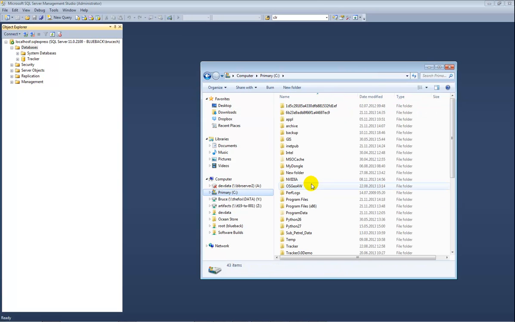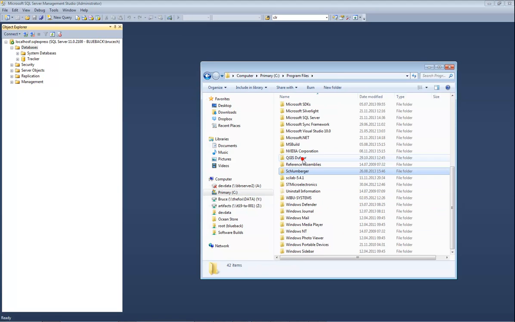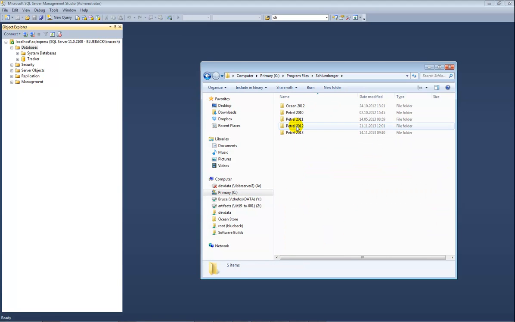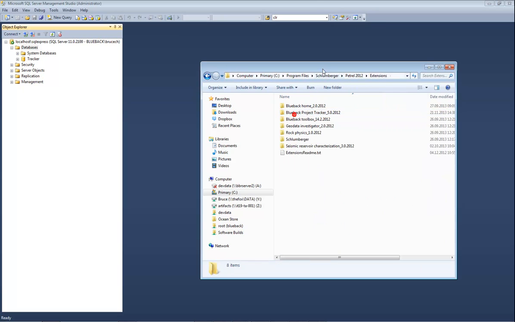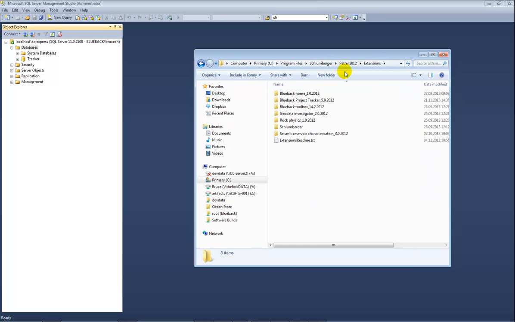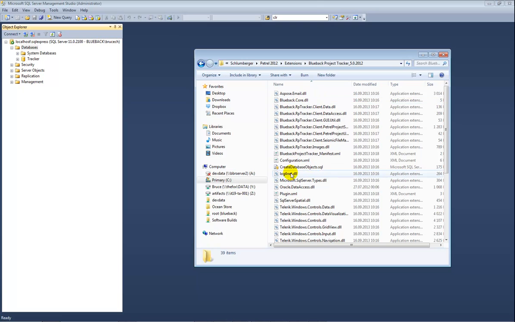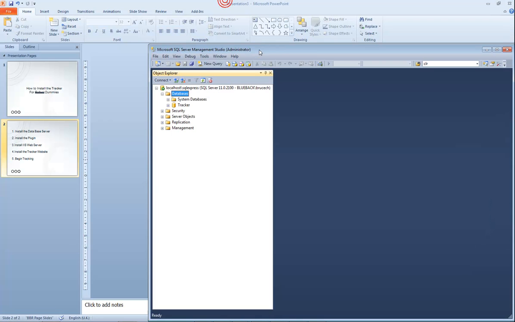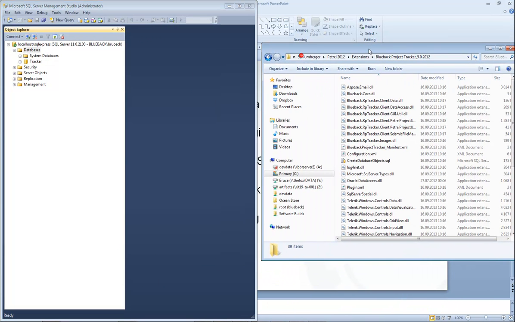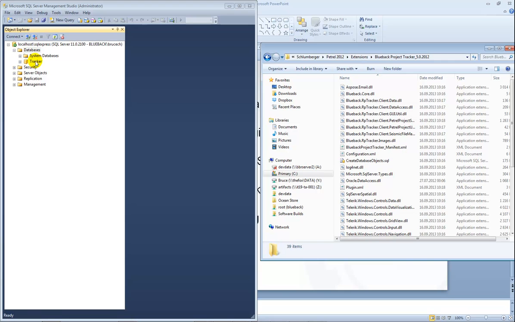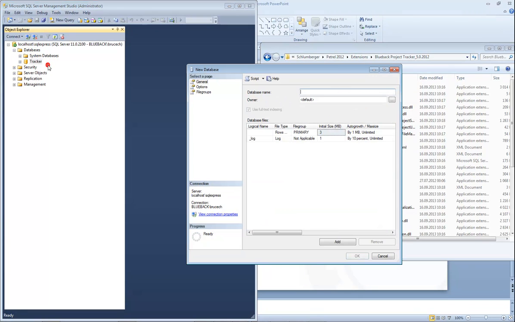I can find that by coming to C Program Files, Schlumberger, Petrel 2012, and then Extensions, which is a kind of rather tricky path, but it's the default location for all plugins. If I then come to Project Tracker 5, I'll find an object in here called create database objects.sql. So what I should do here is just move this to one side and say right click on tracker and say new database,